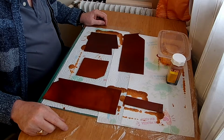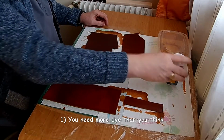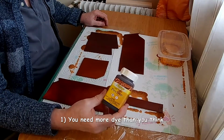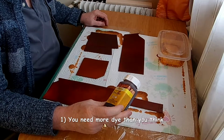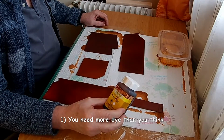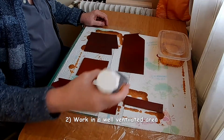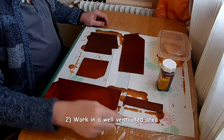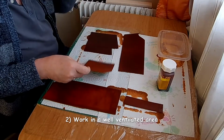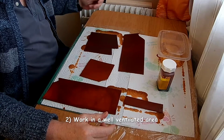So now we're going to do lessons learnt about dyeing. First of all, you probably need a bigger container, a bigger amount of dye than this. This is 118 millilitres, so I would say you're probably going to need a lot more. Number 2, although this is an oil dye, an oil-based dye, you need a lot of ventilation. The amount of ventilation you need is much more than I had, and in fact I did have a bit of a problem with the smell